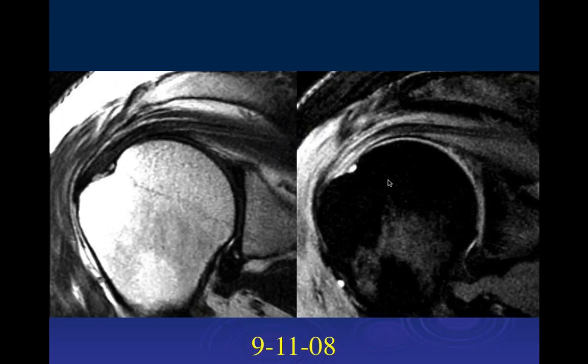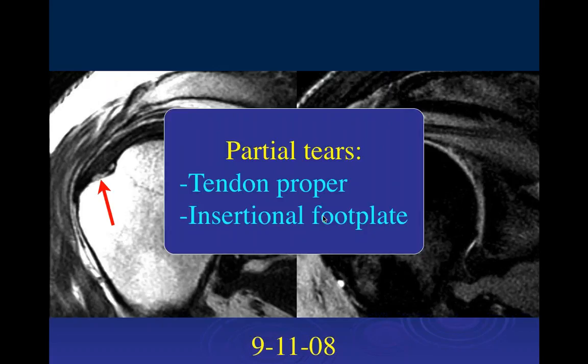Now, if we go, this is now a year later, what do you see here? Okay, well, we're starting to get some signal abnormality on the T2 there on the left, and we're seeing a little signal. Yeah, and then on the right, we can see a little fluid collecting there as well. Yeah, a little pocket there. Okay. So again, this is a joint side surface partial tear at the insertion, and it's funny because a